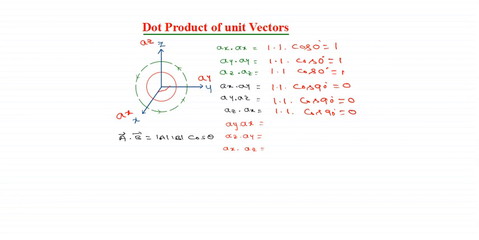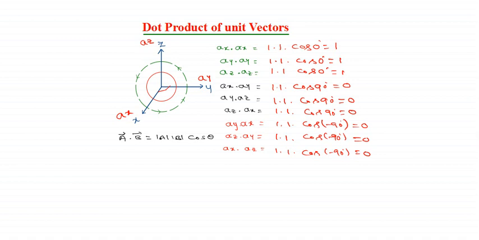What happens if I interchange the x and y positions? Let us see here. ay dot ax, so this is going to be minus 90, the reverse angle, right? It's minus 90 degrees, so I get 1 dot 1 cos of minus 90. But you know what cos of minus theta is? Cos of minus theta is always cos theta. Keeping that in mind, we again get a 0 here. Similarly here, 1 dot 1 into cos of minus 90 degrees, which is again 0. So ax dot az is also cos minus 90 degrees, which gives me 0.